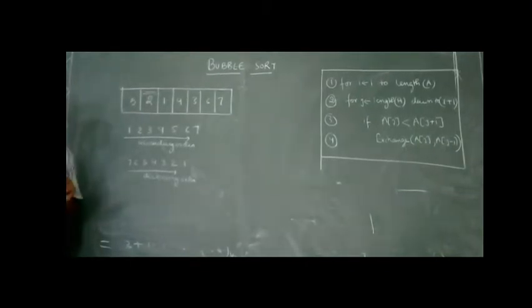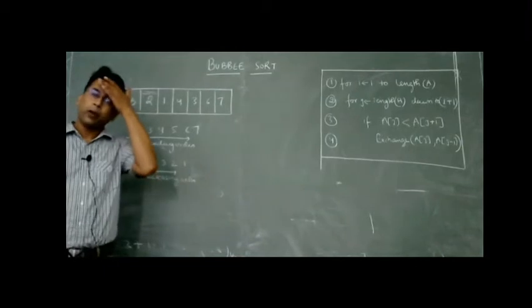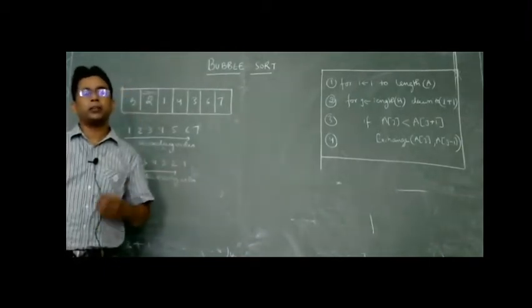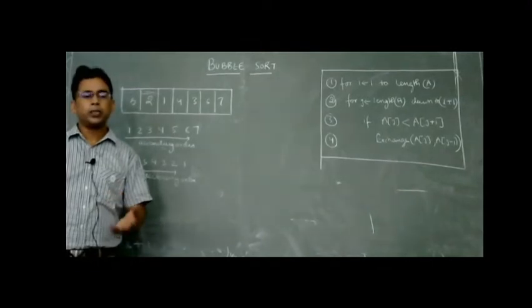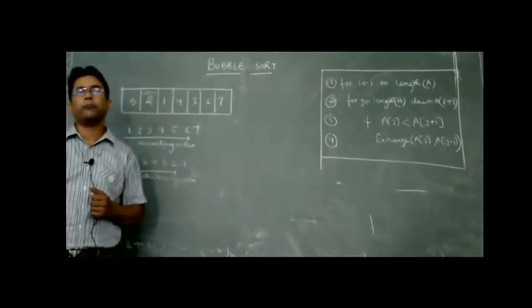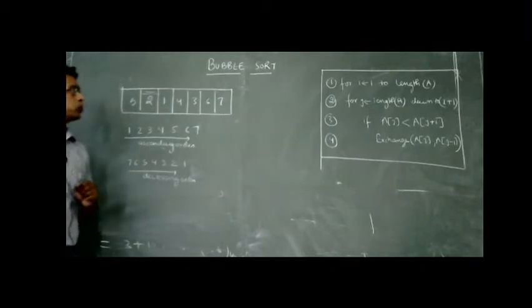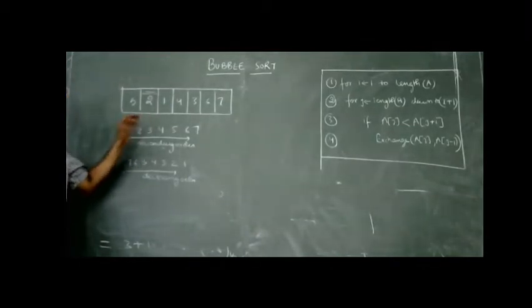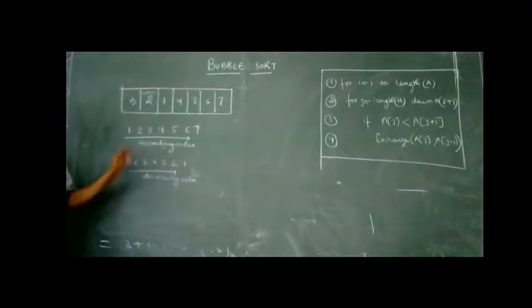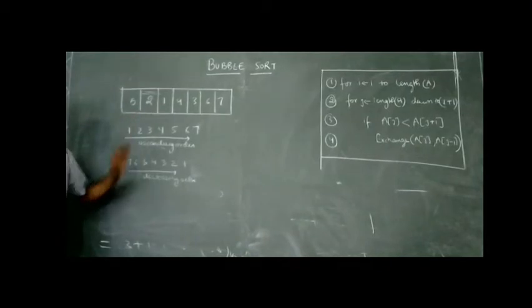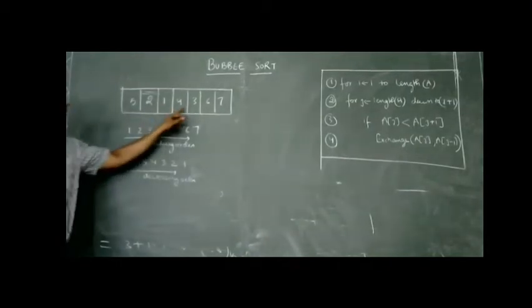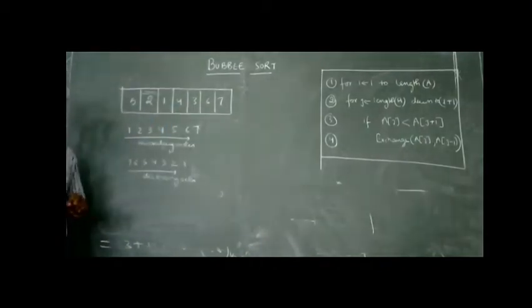The bubble sort, the name here is bubble. All of us know that when a bubble is generated inside a pond, what happens? The bubble comes up in the upward direction. So bubble sorting is also called the exchange sort. Similarly, in bubble sort, as a result, we obtain the data in ascending order. How this data will be arranged by the bubble sort, that we are going to discuss today.